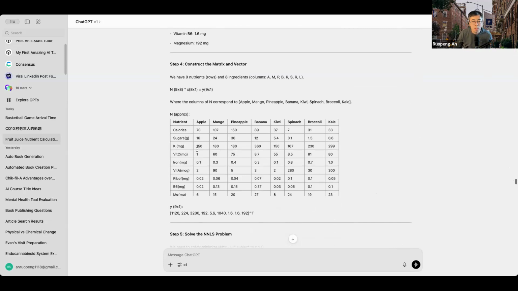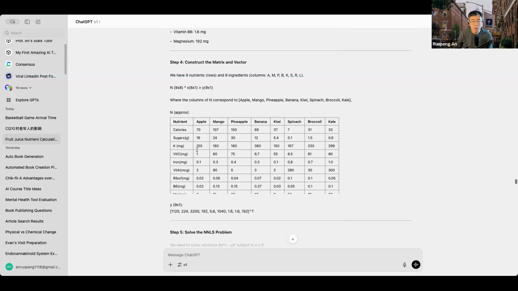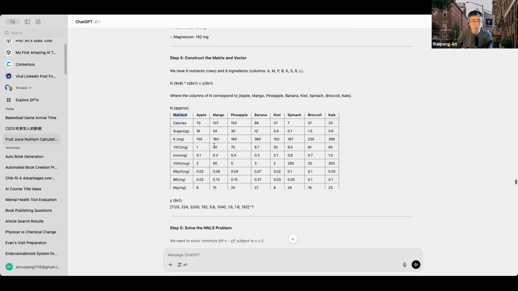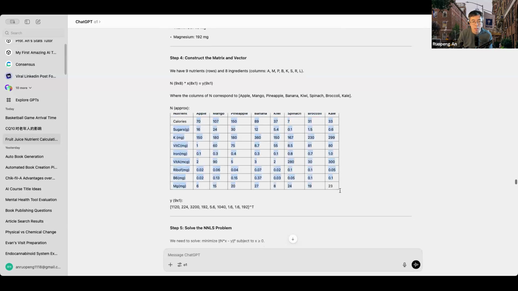For example, here in this table, it lists all the different nutrients that were identified from the label, and it also listed all the fruits and vegetables and their corresponding serving-specific nutrient content.